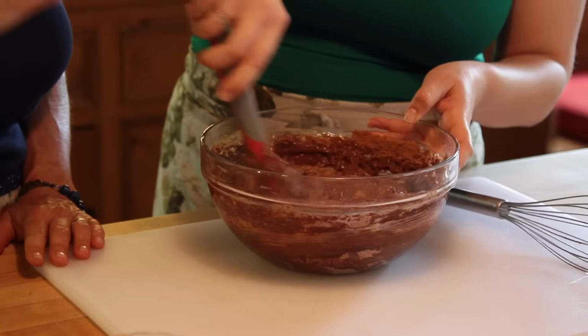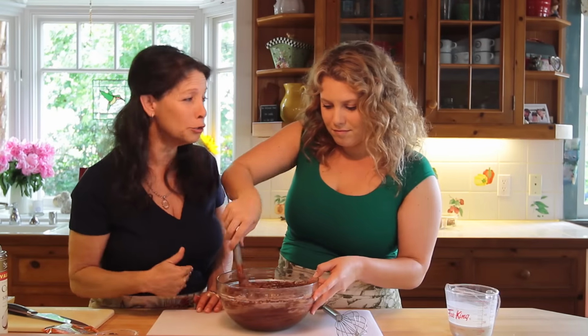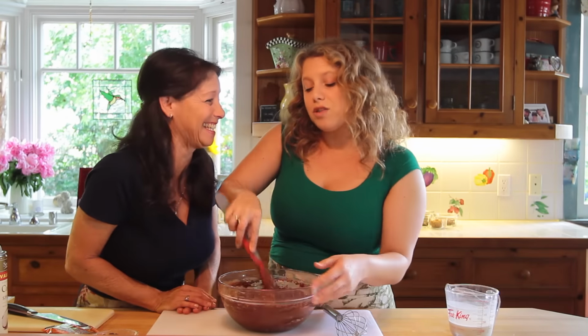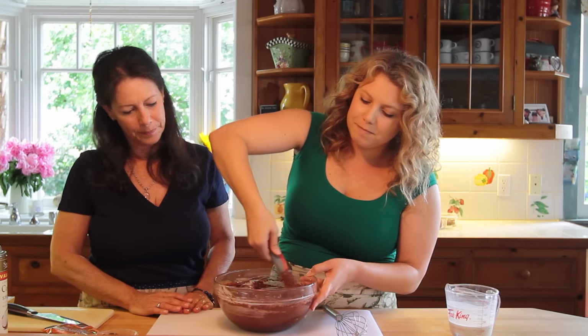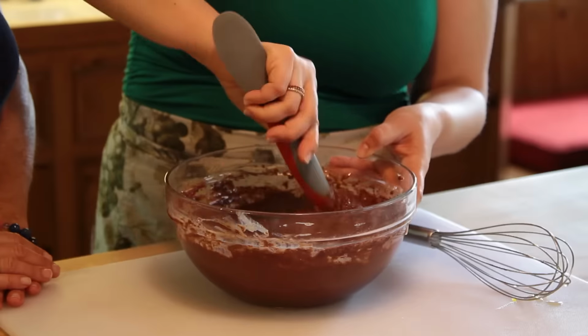This smells so incredible. It's like deep dark chocolate that's happening in my nose right now. That's getting me all excited about this cake. We're making this as a cake, but this batter is also great for cupcakes. If you like cupcakes, this is perfect. A cup of the hemp milk should be good, because this is a good consistency that we